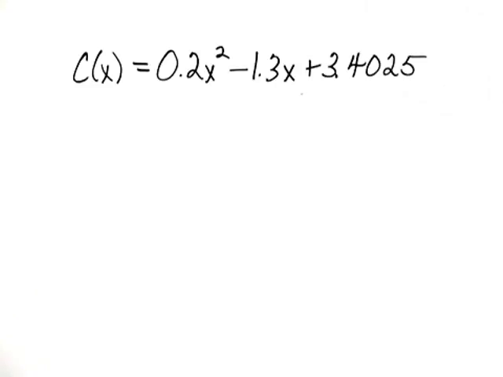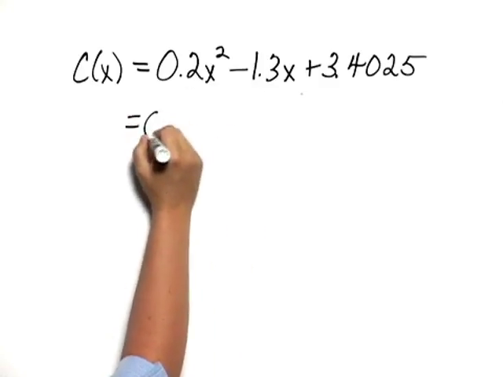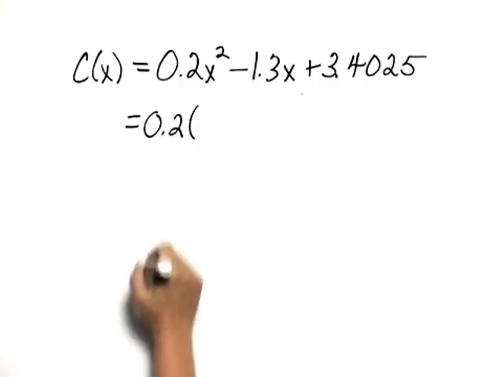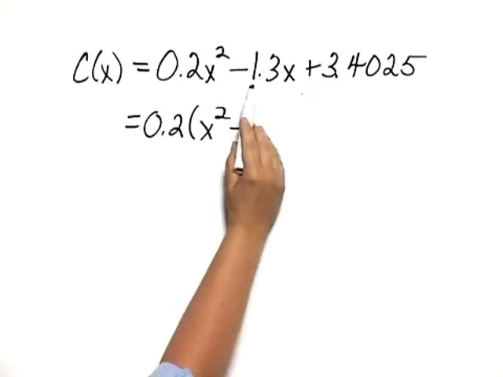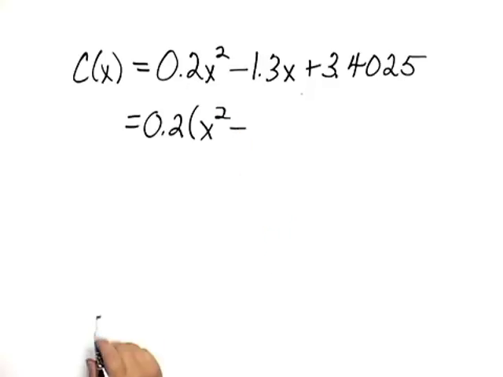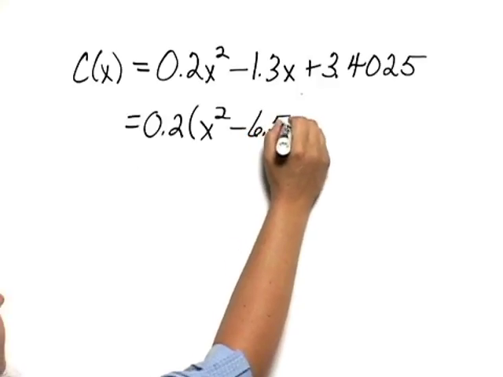We have a quadratic function, so in order to find the minimum, we'll be looking for the vertex of the graph of the function, and in order to find that, we'll complete the square. So let's start by factoring out a 0.2 from the x terms, and we have 0.2 times x squared minus, then if we take 1.3 and divide by 0.2, we would find that that would be 6.5x